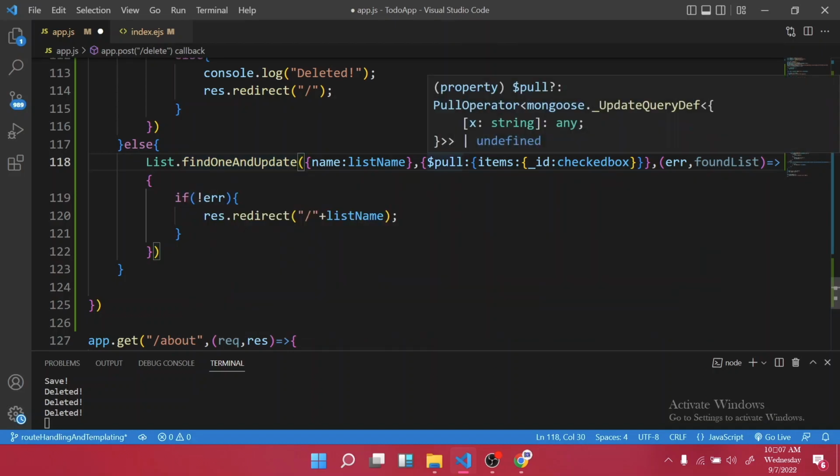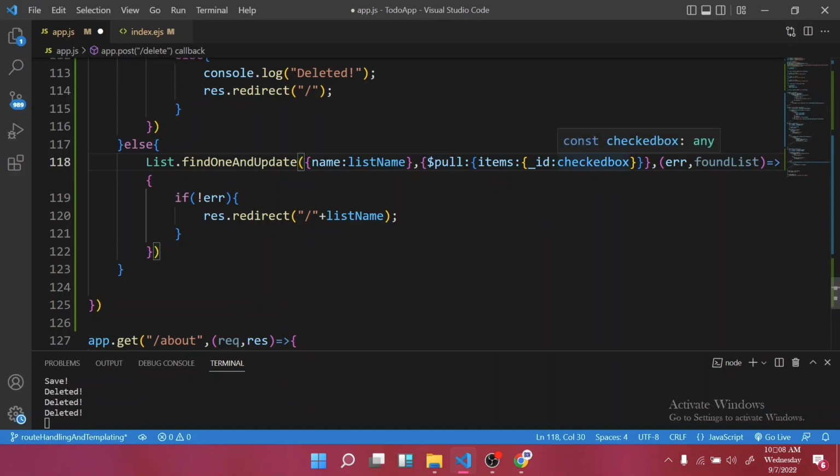This pull is actually deleting it, so once it finds it, it will delete it for us, right? When we are done, we'll check if there is an error. If there is no error, then it should redirect us to our custom list. So now let's save it and